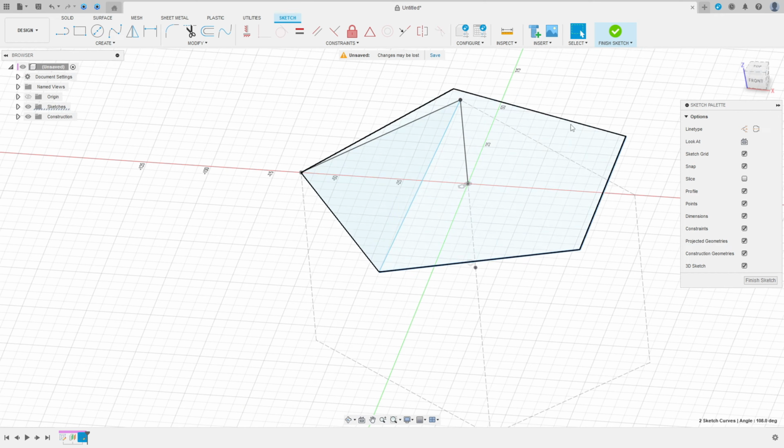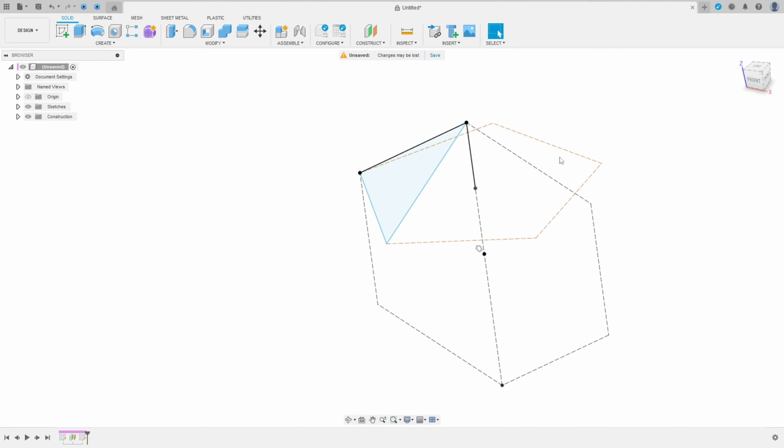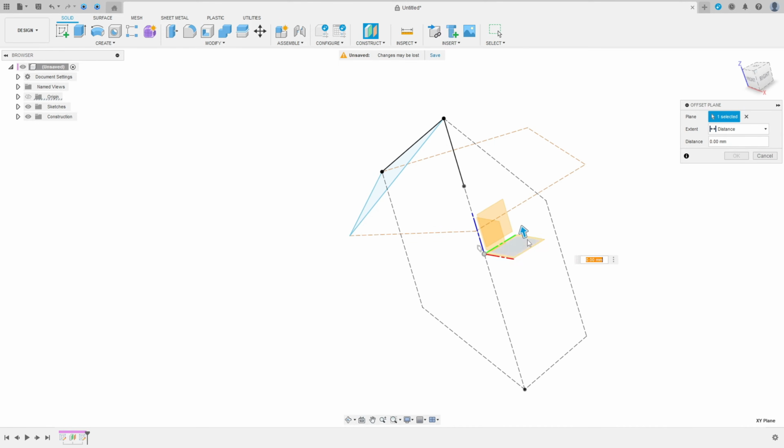Now select all this line here, make this a construction line type. We have this face here. Finish the sketch. Now go to offset plane again, select the top plane and the extend here, select to object, select this point here